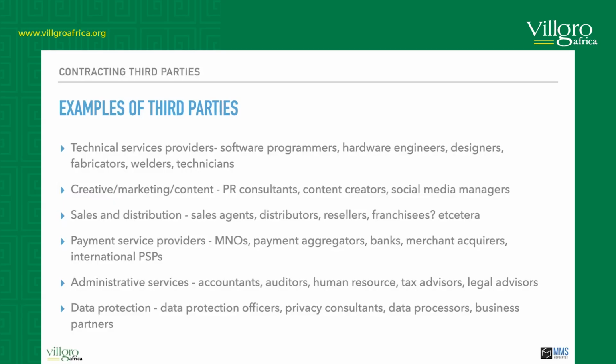You have resellers, franchisees. This is now a business that is at a later phase. You have already established your goodwill, and now you want to expand, and this is the strategy that you've decided to adopt. Other third parties include payment service providers. So these are your mobile network operators, which I think mostly for startups are critical payment service providers. You have payment aggregators, banks, and even international PSPs, your Visa. These are also very critical third-party providers because they